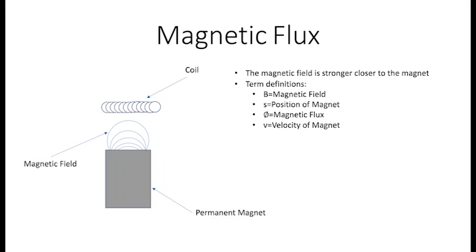Now a few observations can be made to help understand why the movement of the magnet creates a changing magnetic flux. From an observation, it is evident that the magnetic field of a permanent magnet is strongest closest to the surface of the magnet. If we define our terms as shown, we can draw a few conclusions. First is that the strength of the magnetic field seen by the coil is proportional to the position of the magnet. This just means as the magnet gets closer to the coil, the strength of the magnetic field experienced by